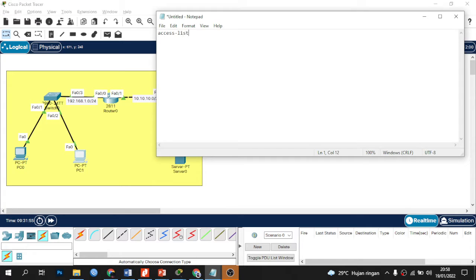Okay, for the extended access list configuration, the pattern is: access list, then the ACL number ranging from 100 to 199. Here, for example, access list 100, deny.